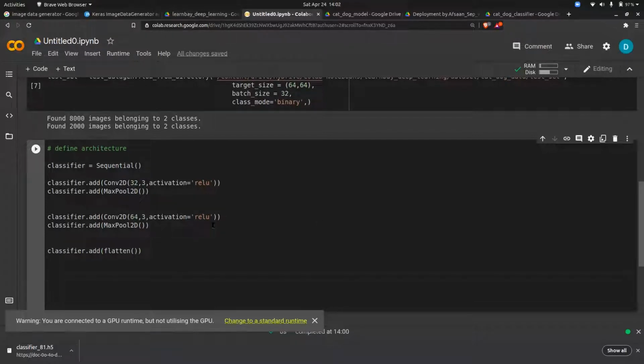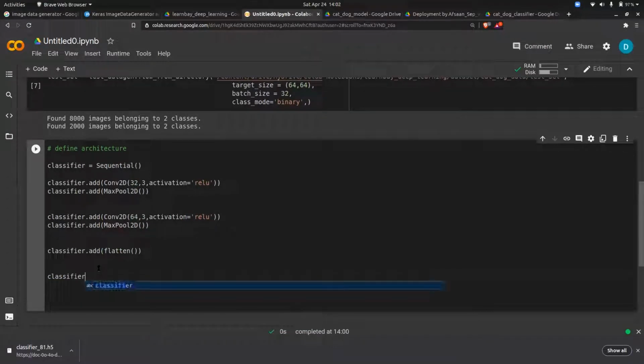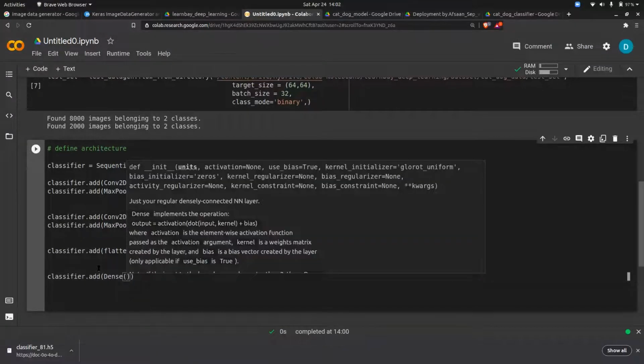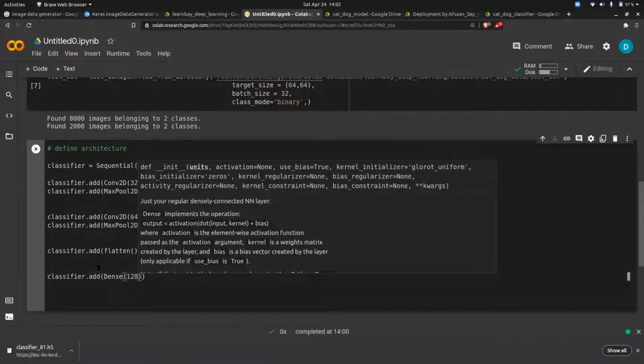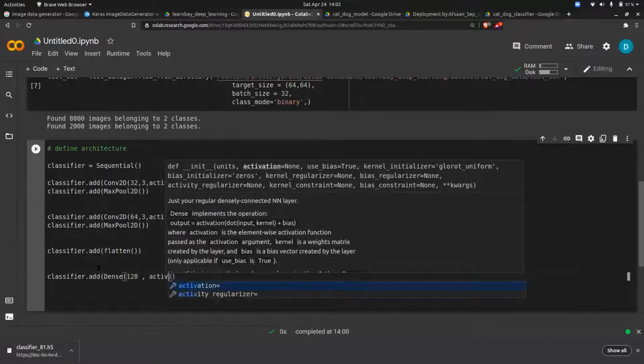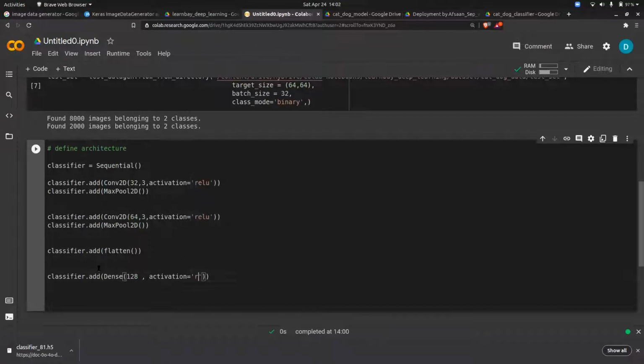That's it. So I will just go with one dense layer so that the training becomes a bit faster. It will not be that fast, but let's hope, because it's a very heavy image. So the training might take 1 to 2 hours. To avoid that, I'm just putting some values. So I'm putting 128 and activation as relu, and enough.